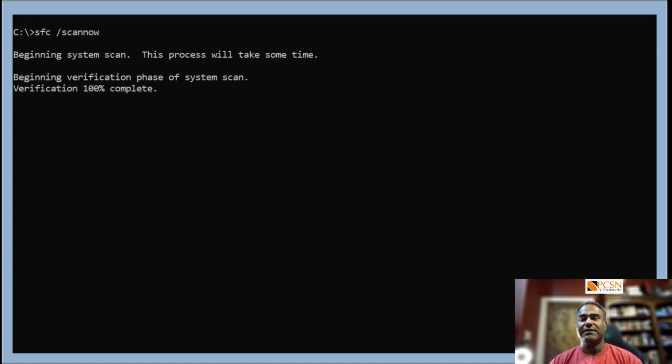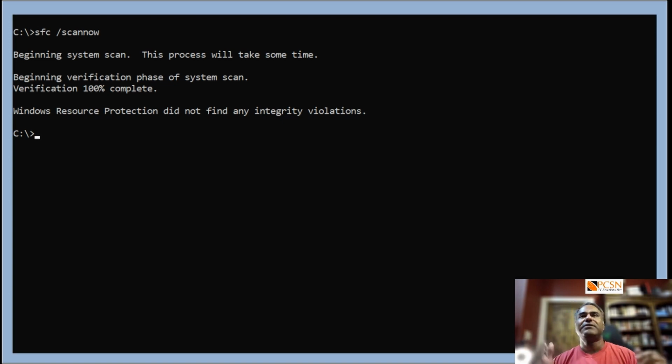This process, if you have a lot of corruption, can take a while. I've seen machines take a little over an hour if there is a lot of corruption. You would feel like it gets hung at a certain point, like 55, 60%. You might think that it's hung, but it's actually in the background copying fixed files into their proper place, fixing those corrupt files. So now that it is done, in this case, it did not find any issues,